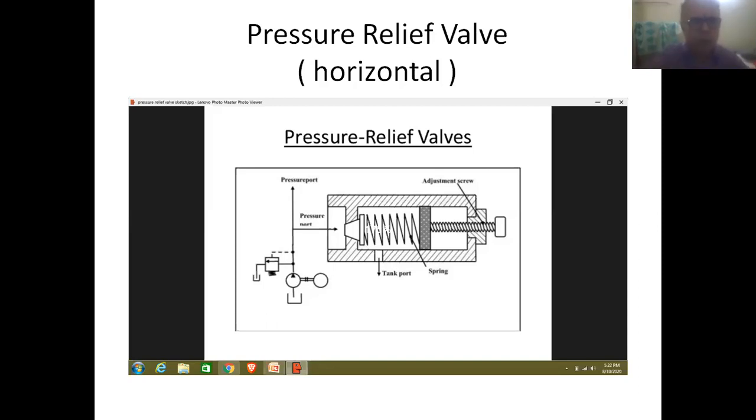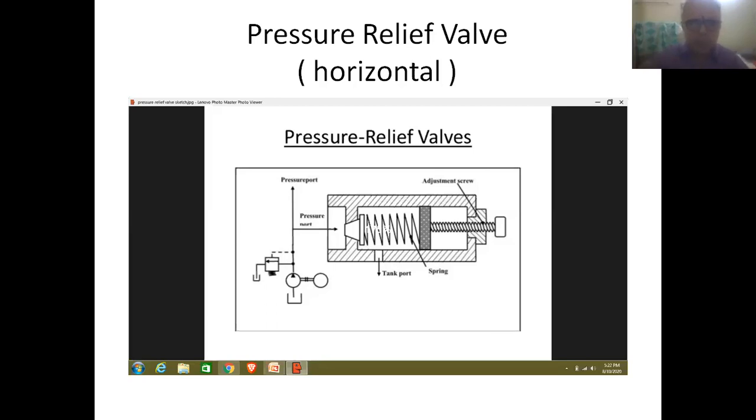So automatically it will be coming to open position. The excess fluid will be discharged back into the oil reservoir, and as a result, the pressure will be falling to the normal value. And once the pressure falls to the normal value, automatically this valve will be coming to closed position.